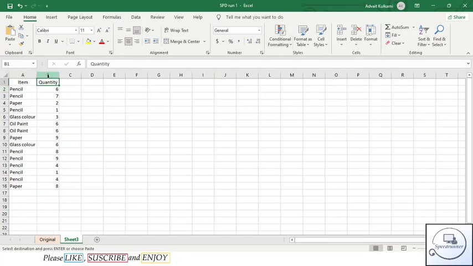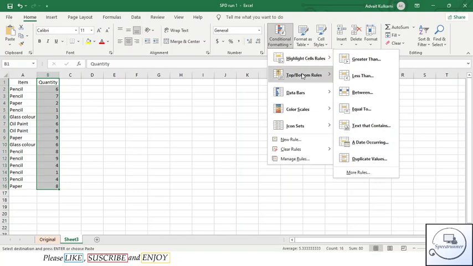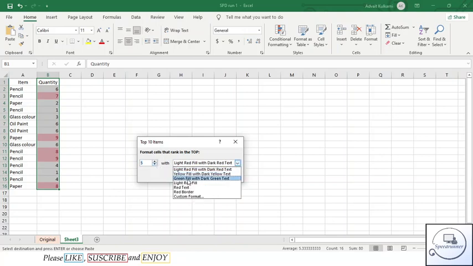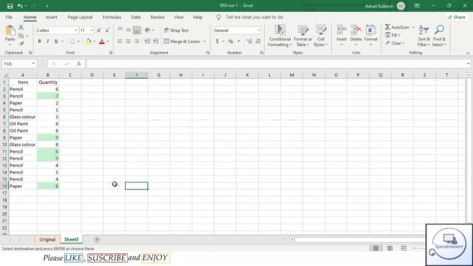For example, I want to find the top 5 items purchased in this store, and we have to fill them with green text. So 8, 9, 8, 9 and 7. These are the most items bought in this store.